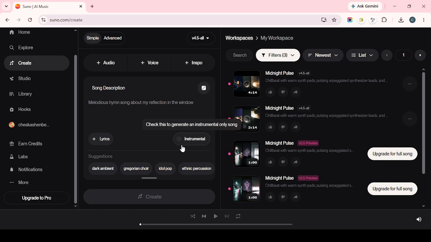Give the app a moment to process the extension. Depending on the file and the project, this may take a little time, so just wait for it to finish. Once it's done, you'll have a version of your recording with music built around the original voice track. That's all you need to do. You start on the main creation screen, tap Upload